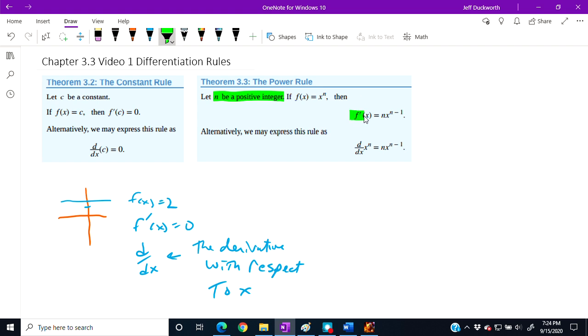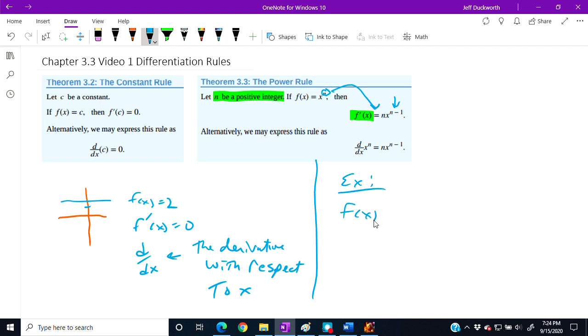Then we can take the derivative f prime of x. We take the exponent, move it in front, and multiply it by whatever the coefficient is. In this case, it's 1. And then we also subtract 1 from whatever it was. So an example,